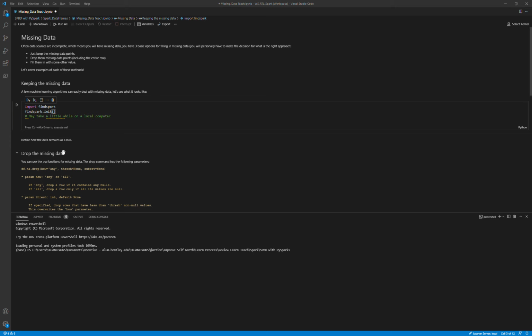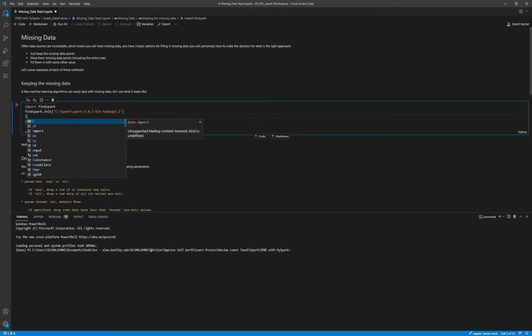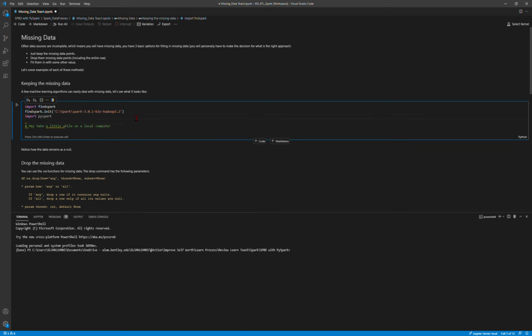Easier that way so that I don't make any mistakes. Import PySpark, and from then we need to import something from the PySpark